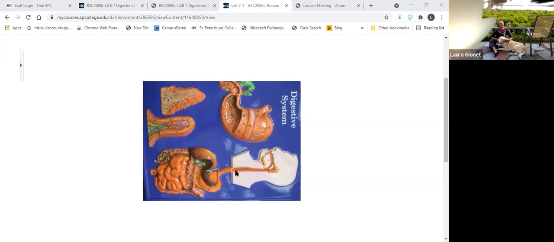Then that leads to the esophagus, which is the muscular tube you're looking at here, to the stomach, and we can follow the entire digestive system to the stomach, the liver to the upper right-hand quadrant, and the gallbladder beneath it in green. We have the small intestine, regions of the large intestine,